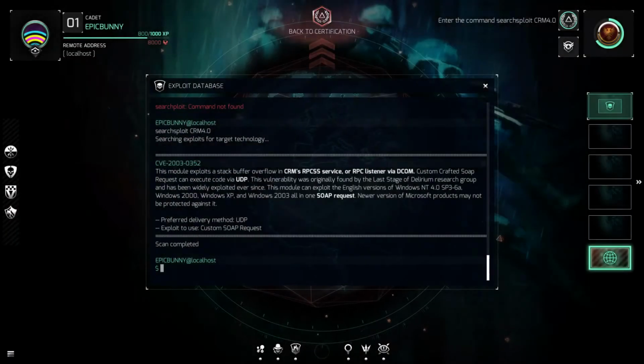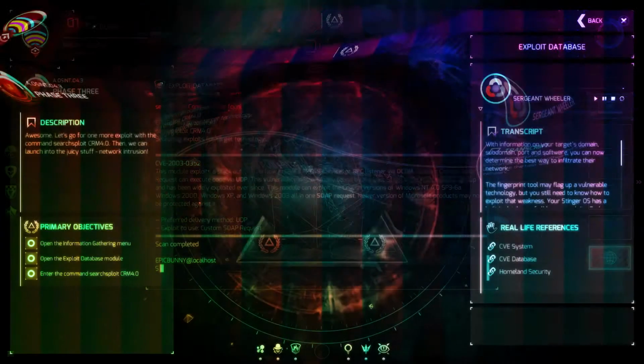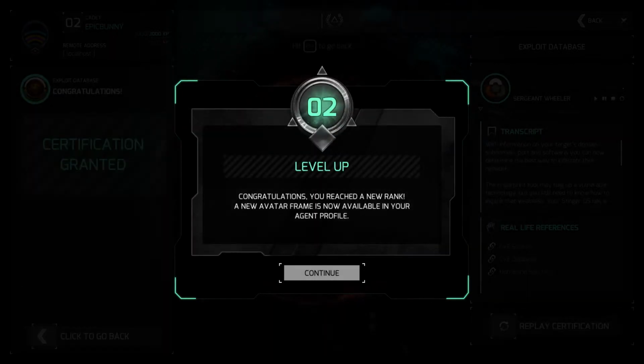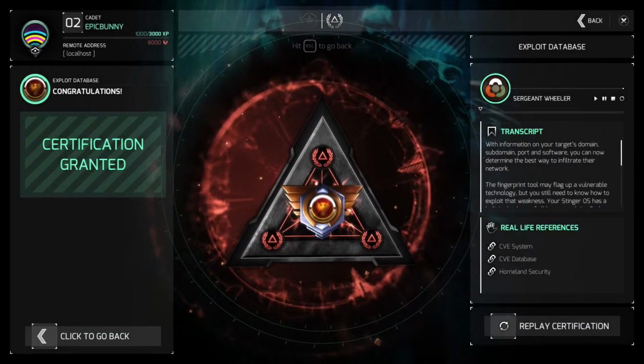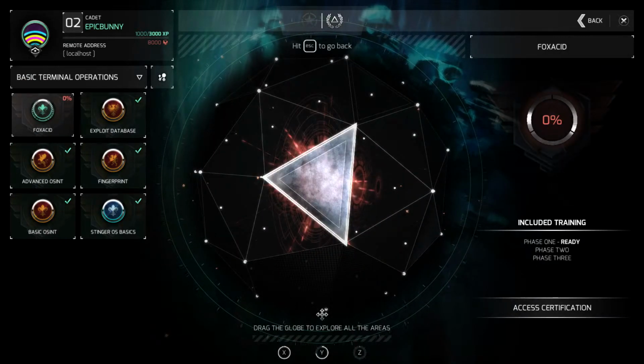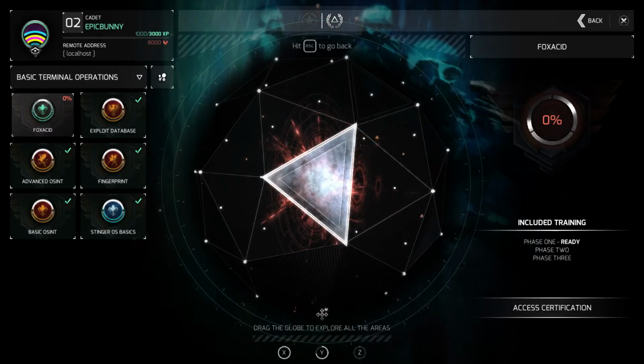Okay, so this module exploits a stack buffer overflow to the listener. A custom request can execute via UDP. Interesting, interesting. Granted certification. I reach a new rank and I have a new avatar profile. Nice. Okay, my time's almost up for this episode, but I think we can get through this